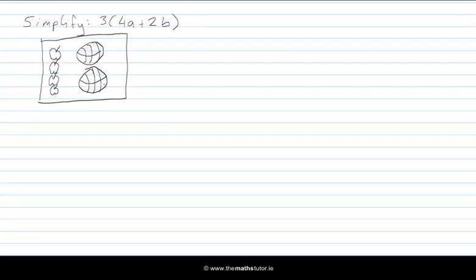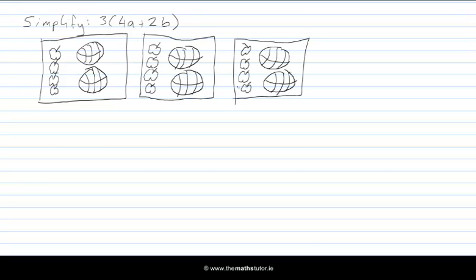But we don't just have one of these boxes, we actually have 3 of them. In each of these 3 boxes, there are the 4 apples and the 2 basketballs. So how many do you have in total? In terms of apples, you have 4 in this box, 4 in this box, and 4 in this box, for a total of 12. You can write that as 4 plus 4 plus 4, or you can write it as 3 times 4